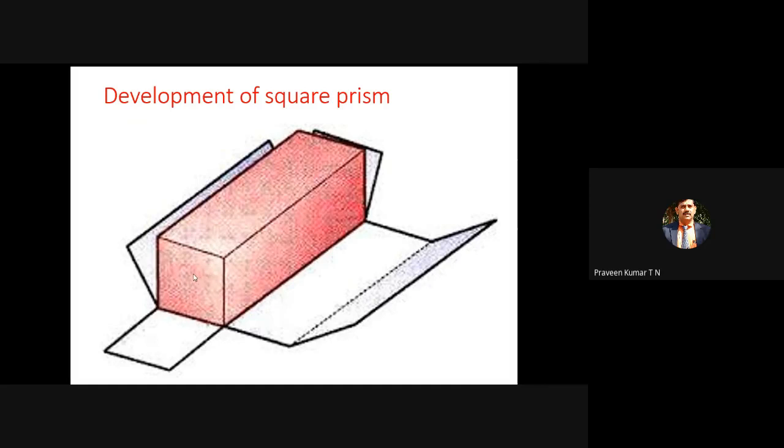So the square prism has its top surface resting on the horizontal plane, HP. The front surface is a square here and the back side surface is a square. You can see here, take the scissor and cut this front face and open it, we'll get one more square. As per your drawing, you are taking this out, you are not retaining this square, because you are opening the front face of the square.